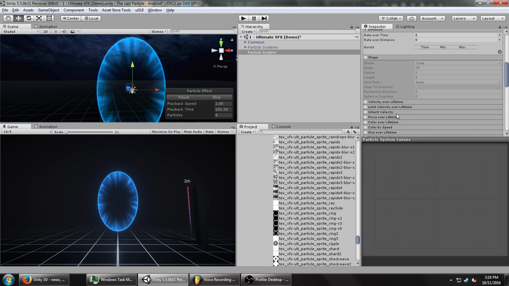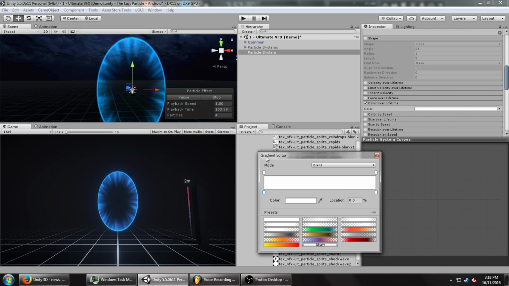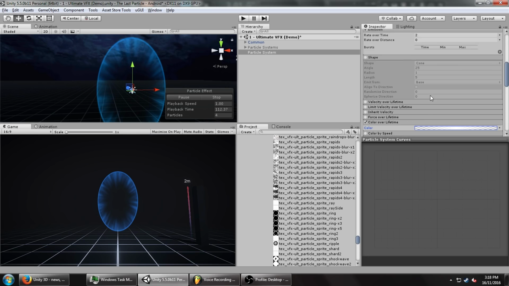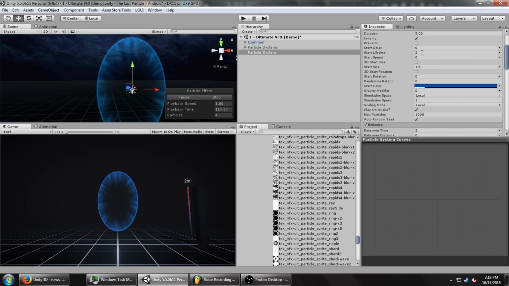Okay, so next thing I'm going to do is set the color over lifetime. We're going to have it fading in and out, so first of all, set all the points to 0, and then somewhere in the center, around 50%, we're going to have it fade in and out. So it's going to be fading in and out over a lifetime of 2 seconds. Following that,